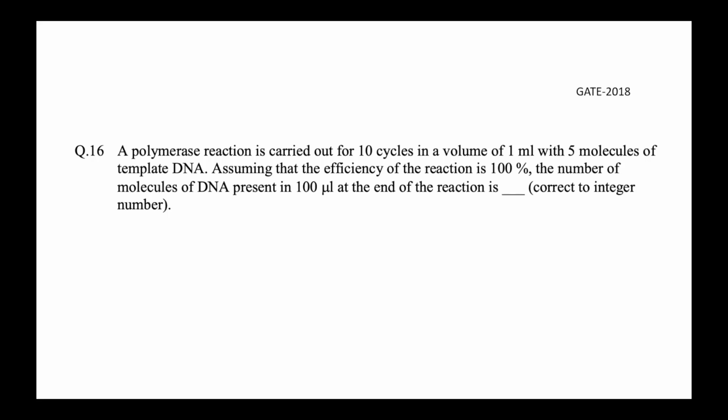The number of molecules of DNA present in 100 microliter at the end of the reaction is, correct to an integer number. So this question is from the technique called PCR,